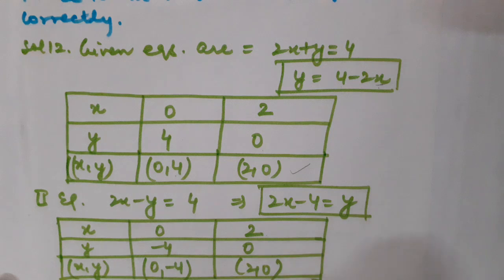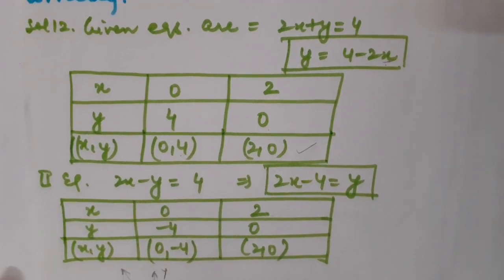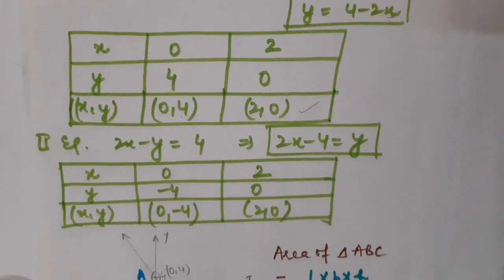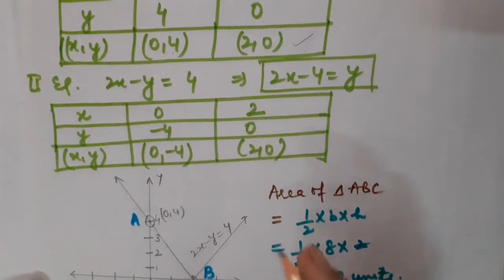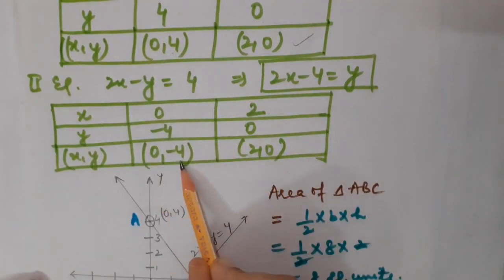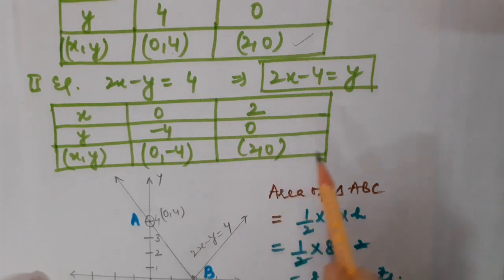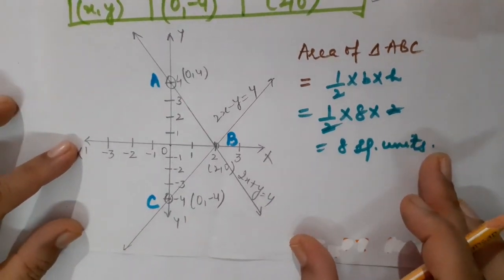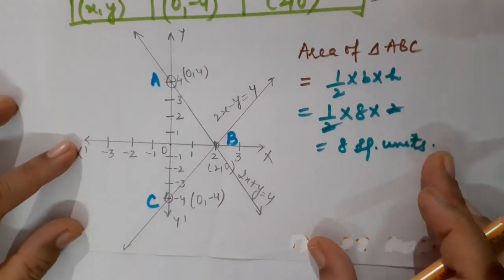Fine. Children, always remember whenever abscissa is 0, the point will be plotted on y-axis. And whenever ordinate is 0, then the point will be plotted on x-axis. Okay. Abscissa and ordinate you know. Abscissa is x coordinate and ordinate is y coordinate. In the same manner, 0, minus 4 and 2, 0. I have got the coordinates from equation number 2. Please children, check the graph carefully. Have you also drawn in the same manner?